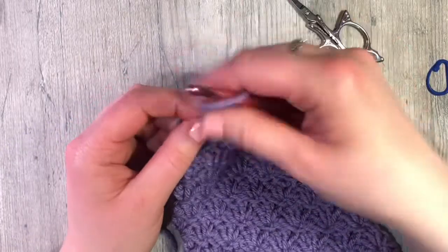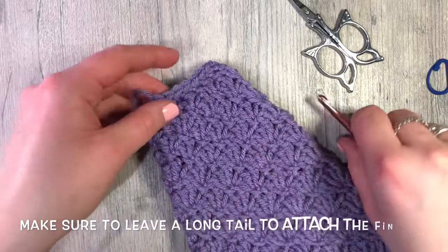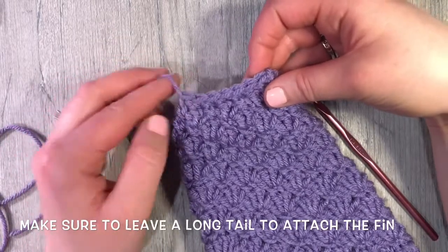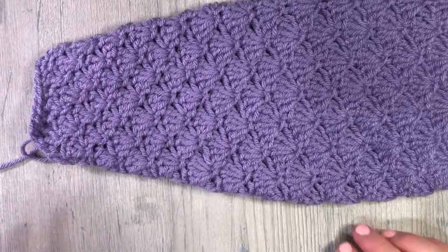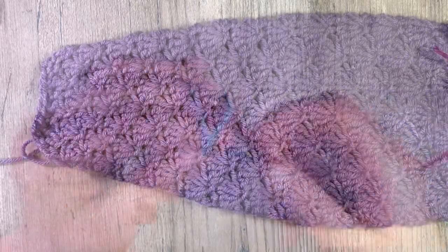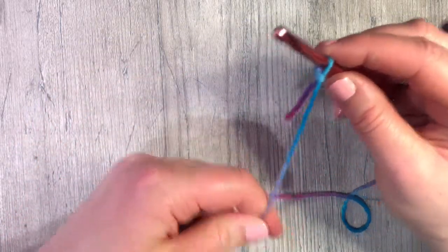Okay, now that you're done with your single crochet, make sure you give it a good tug to make sure it's nice and sealed properly. Now we have our tail, but we are missing the fin. So let me show you how I do that. All right, so now we have our coordinating color,